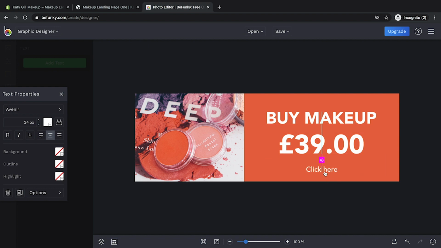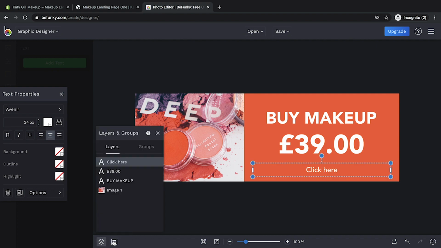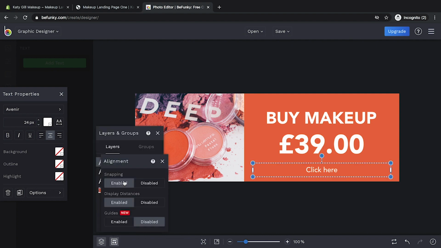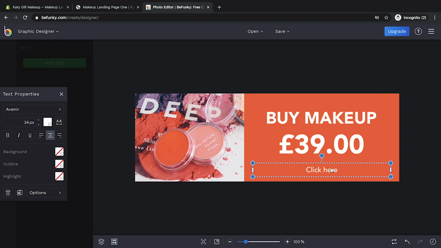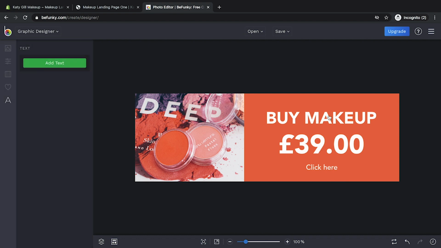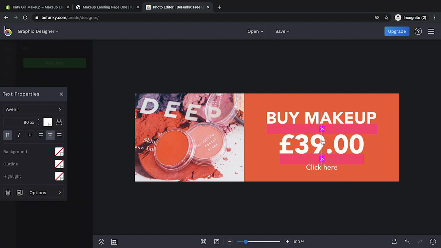So what you can do then is if you move it around, it snaps. So you want everything to snap in the center. You can set these here. Sorry, here. So you want snapping enabled and display distances enabled. I think it's disabled by default. And what you can do is if I keep this like 36, so it's the same there, 36. Let's make this 32, 36, 36. Right, so they're all equal distance from each other. Actually, I might make that one 30 and then 30, so that's equal distance.